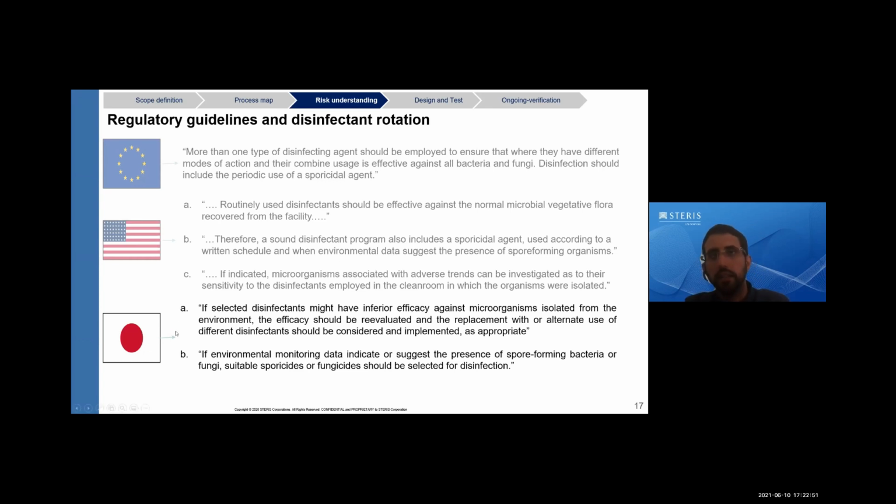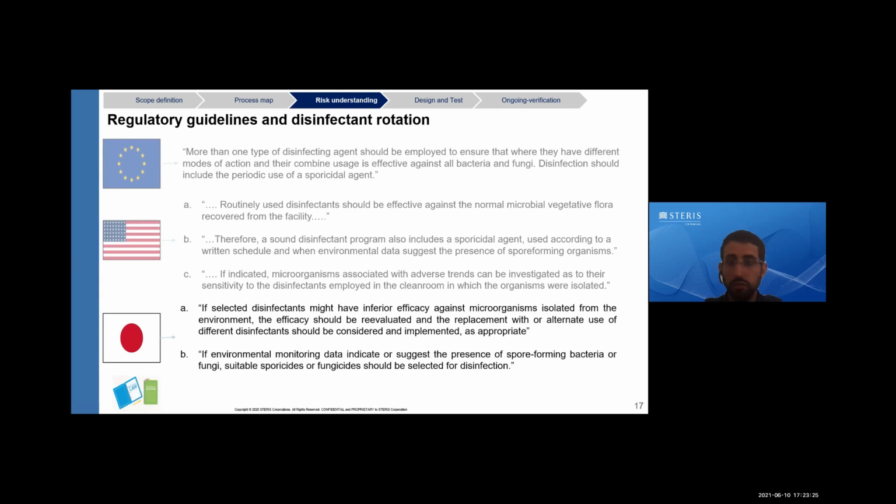And the Japanese guidelines tell it well, or suggested well. They say if a disinfectant might have an inferior efficacy against a microorganism isolated from the environment, then a re-evaluation, a replacement, or an alternative use of a different disinfectant should be considered and implemented as appropriate. And of course, if you have spore formers in your EM monitoring data, then there is a need to use a sporicidal agent. Then, of course, you also have national laws,